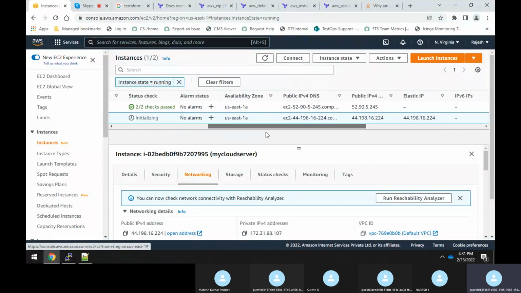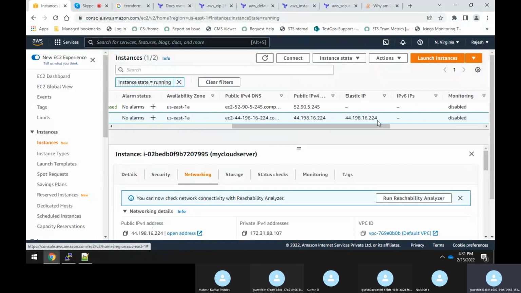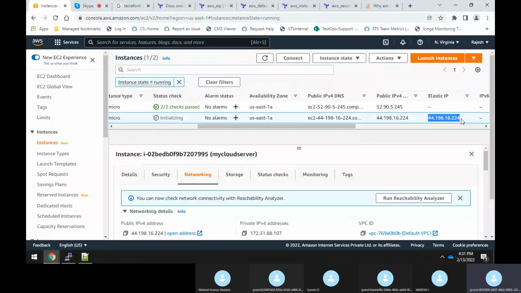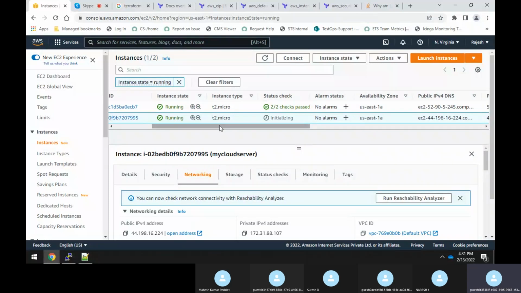So if you scroll here, now you can see that an elastic IP address has been assigned to it. Even if the system is rebooted or stopped and started, this elastic IP address will always be fixed. It will not go away. This is also a public IP address, sir. You can give this to a customer so that whenever he wants to access any application through this server,